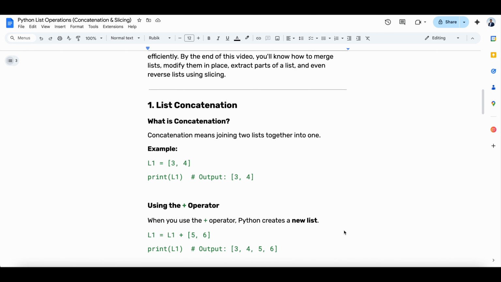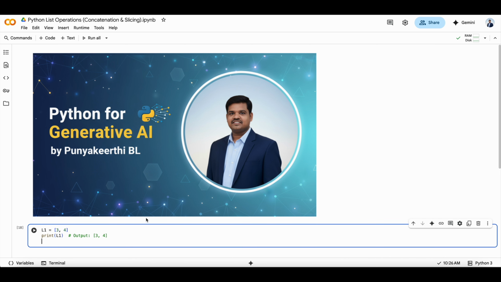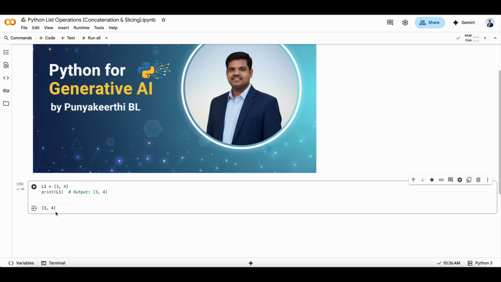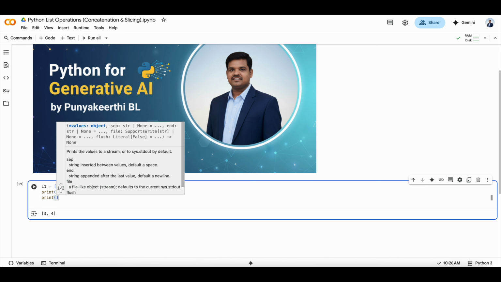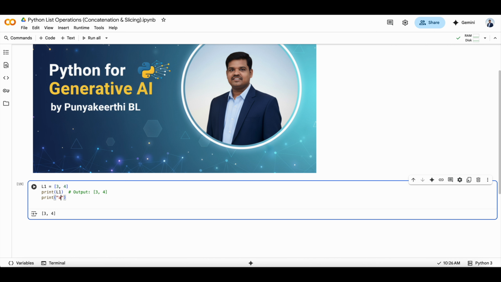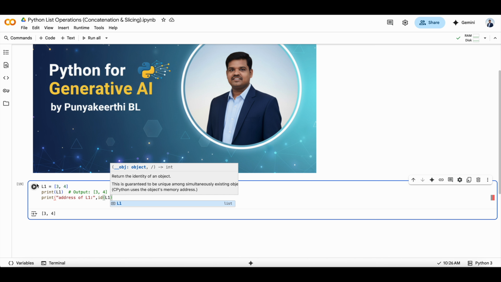So what is concatenation? Concatenation means joining two lists together into one. Let's understand by creating a list with the values 3 and 4. Let's print this. While running, L1 is equal to 3 4, and when I print it I am able to get this. I also want to print the address of L1, because in a future example I want to show you some difference. To do that, id of L1. Now when I run again, the address will be,